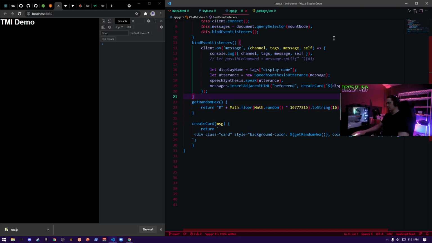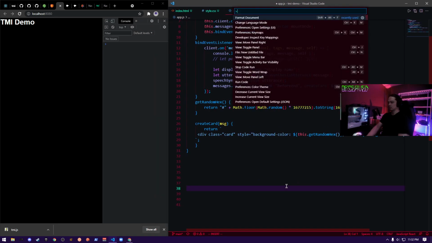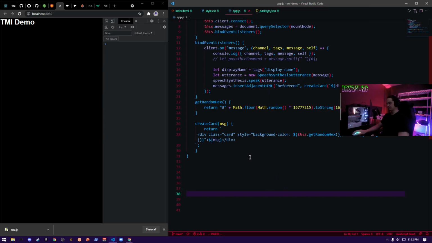Every time we need to create or call a function, we need to write this dot.